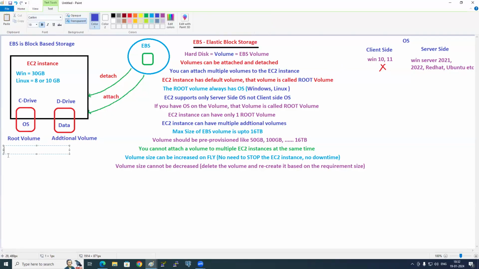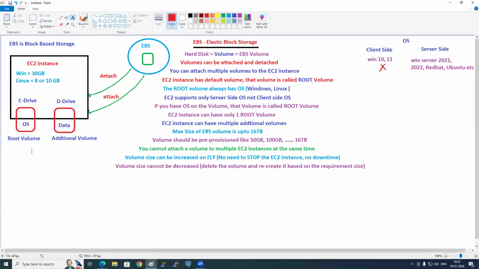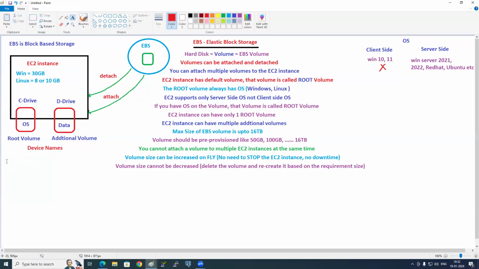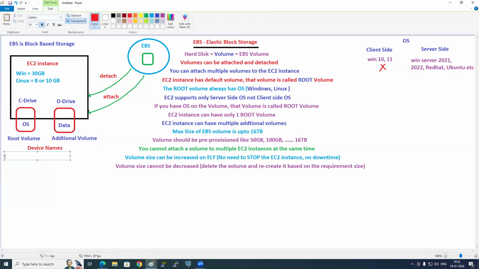It can be for Windows also, for Linux also. Device names. For root, for Windows, it is /dev/sda1.